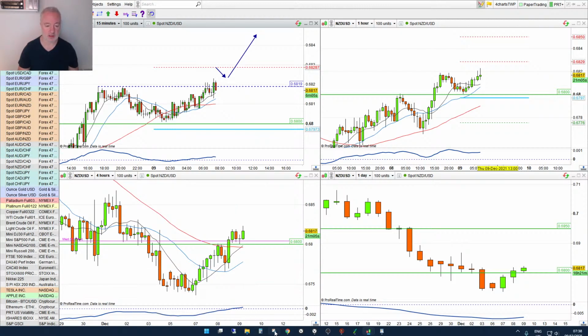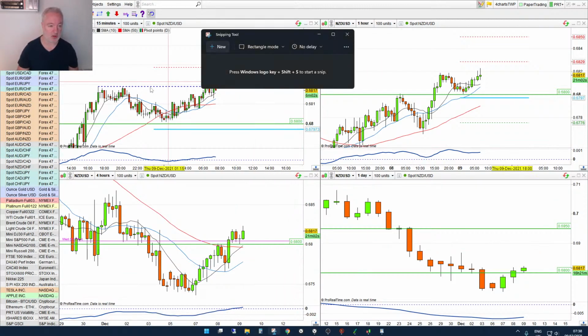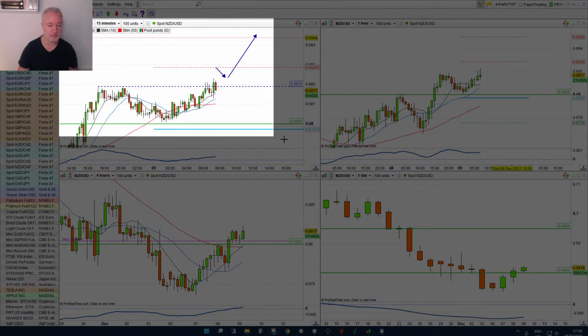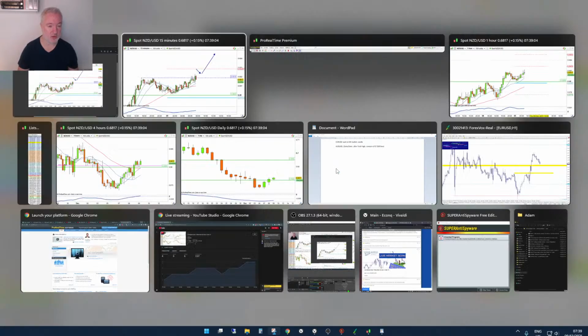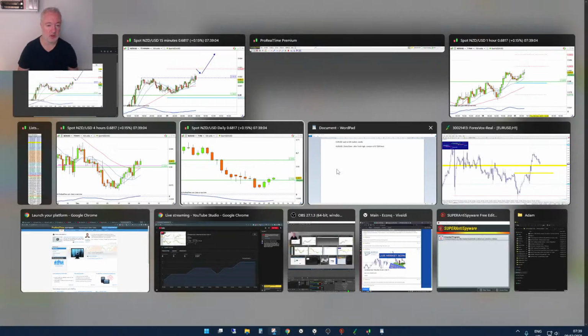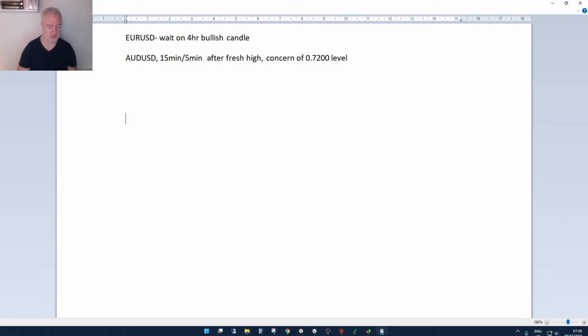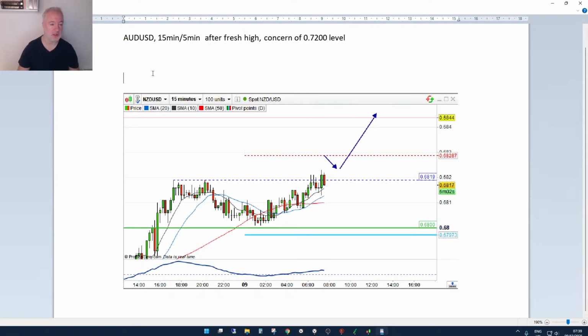I've not tried this before with WordPad. I'm not saying it'll work. But I want to see if I can copy this and paste it into WordPad. Can you do that? Will that work? Was WordPad only text? Hey, check it out. So there we go. So Kiwi US dollar 15 minute